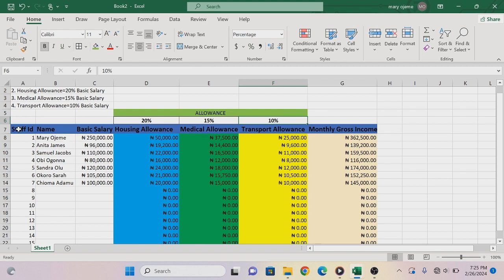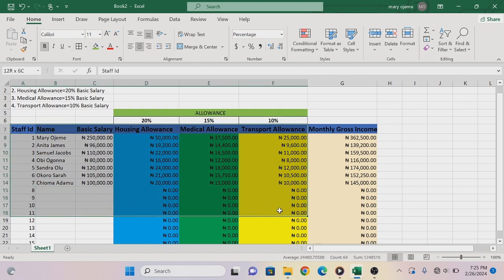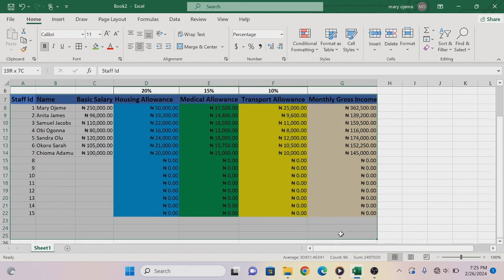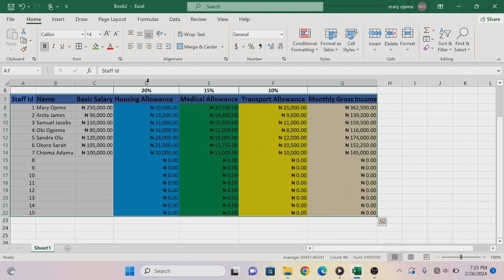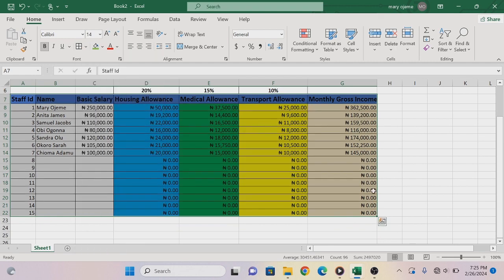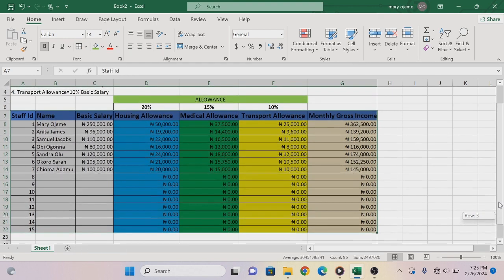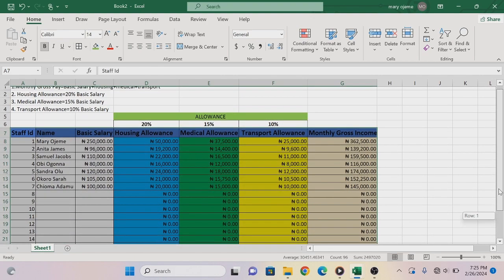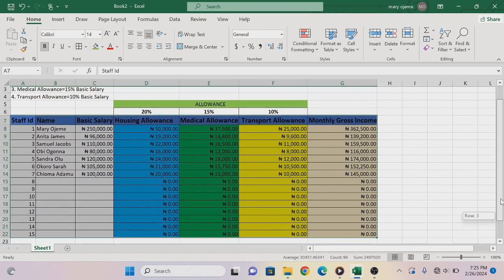Okay, let's give borders to all our tables here. Let's give it a border. So come here and go to all borders. So it's getting a shape now. This is what we have. So this is part one of this